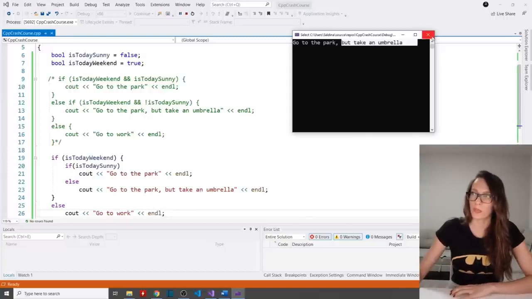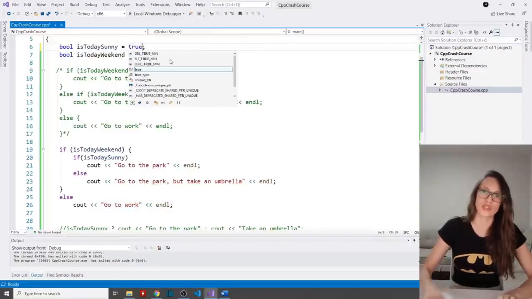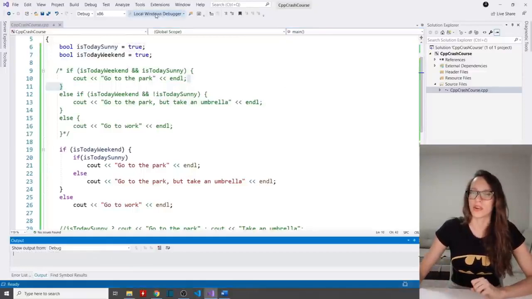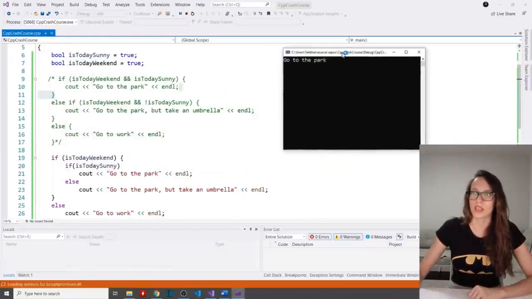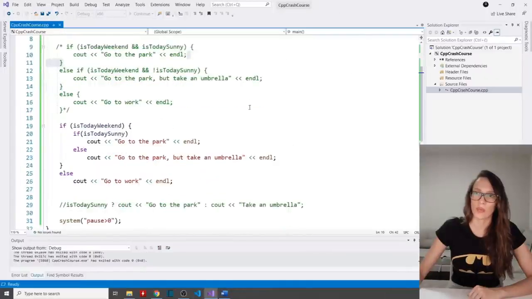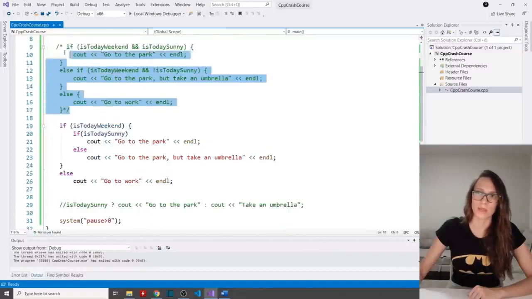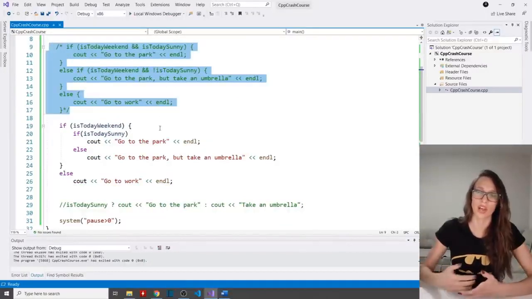Okay, now I'm going to stop it, and let's say that today is sunny. That is true as well. And if I run it, it says go to the park because it is sunny and it is weekend. Okay, now both of these do the same thing, this part of the code and then this part of the code as well. It just depends on how you really want to write this code.